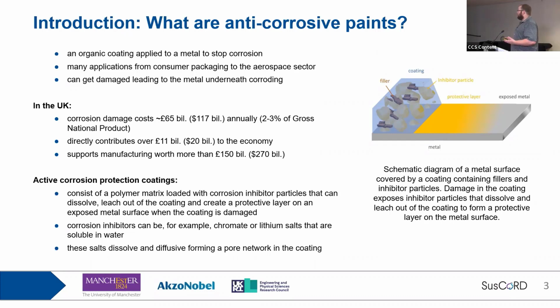So specifically, we're interested in active corrosion protection coatings. These consist of a polymer matrix loaded with corrosion inhibitors. There's my little schematic here. So in our coating, we've got these inhibitor particles with bits of filler in between. If the coating gets damaged, shown here, there's some scratch, then water can get into this area and corrode the